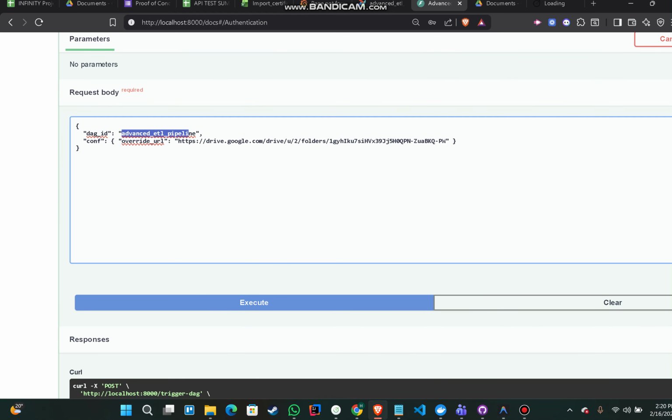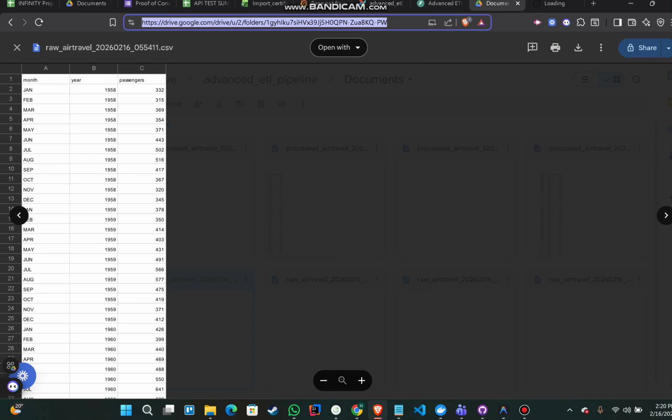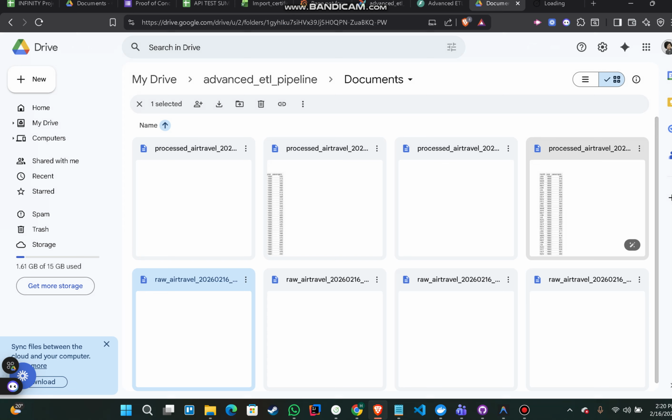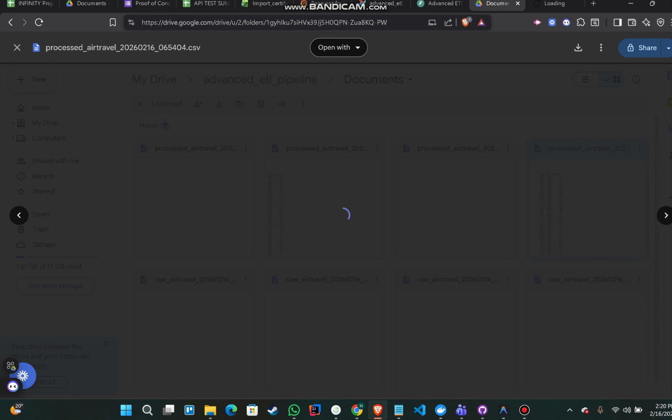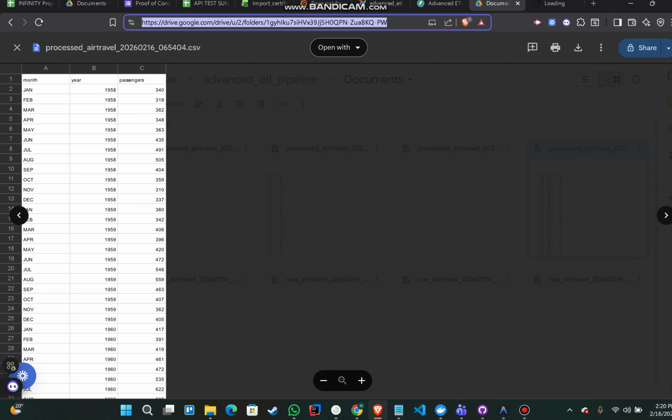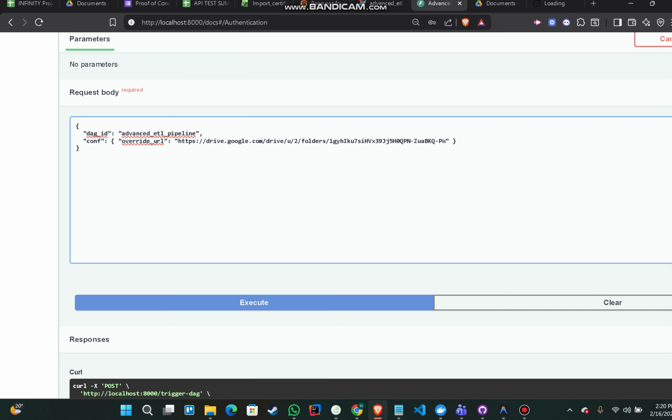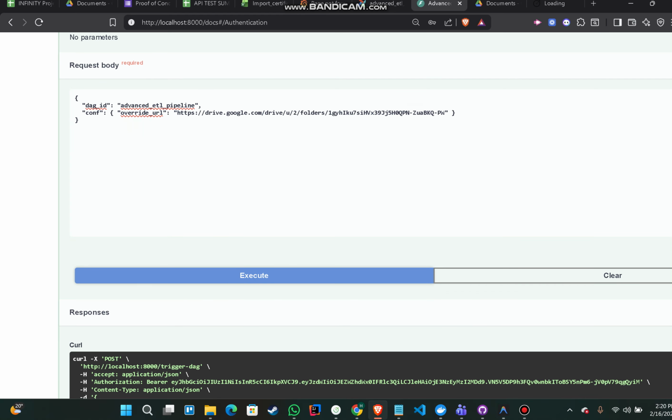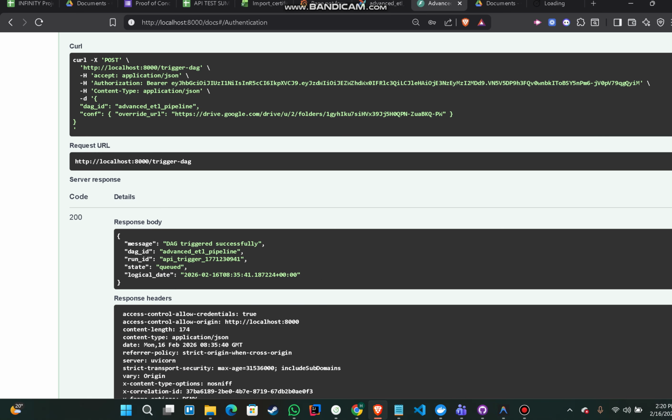Here I provide the DAG ID, and we can upload the document from the Google Sheet as well in CSV format. If I copy this and simply paste it over here and execute this, we can see the DAG triggered successfully, with the DAG ID and the run ID as well. So I copy this run ID